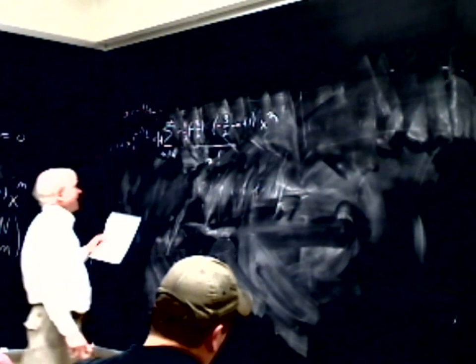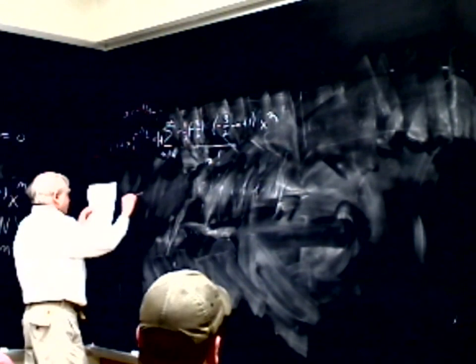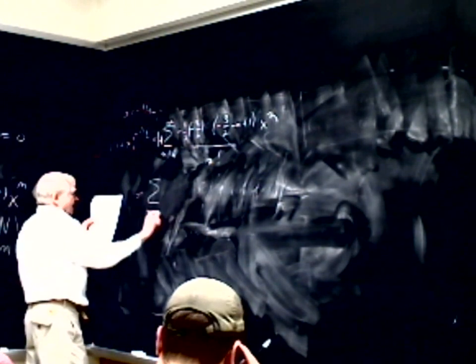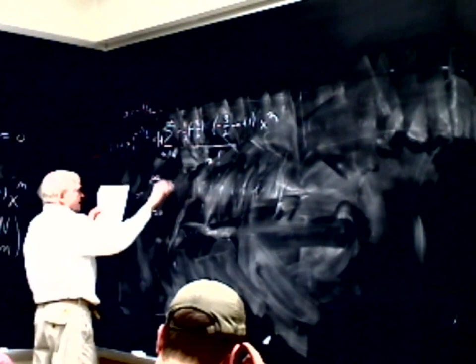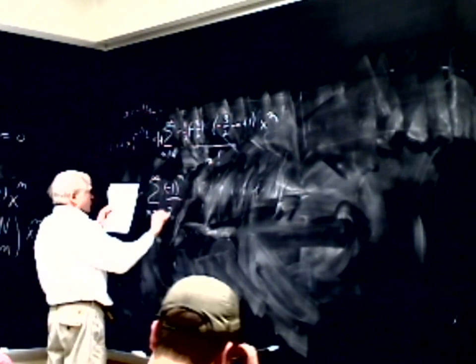One can rewrite this as the sum from n equals 0 to infinity of minus 1 to the n over 2 to the n,